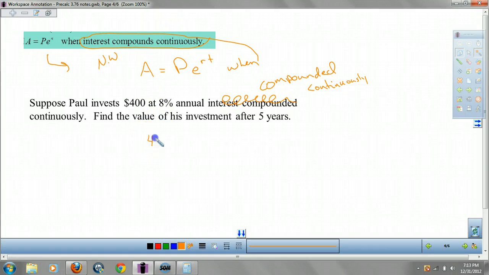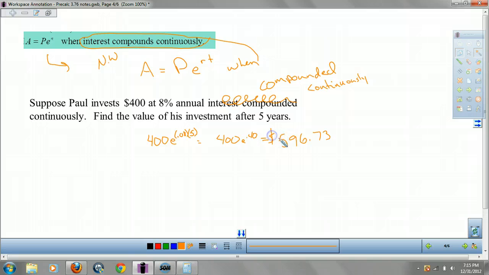So we go 400, our principal, times our good old e to the rate 0.08 times t, which is 5 years. So we plug that into our handy dandy calculators. And when we plug it in, we get, oh, let's see here, Paul is worth